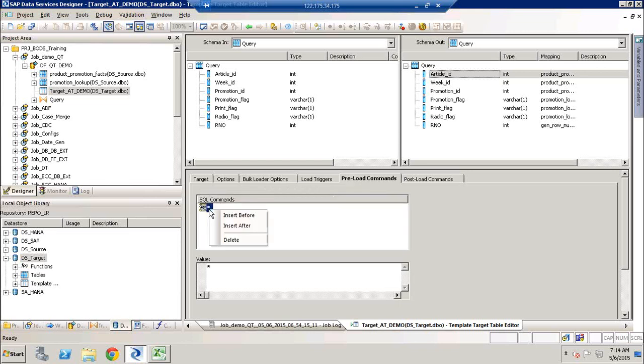Here if you select this one and say insert after, you'll get an SQL command line. You can just go and give the name here, and then you can enter the value here. What this will do is first run the options that you give in the preload command. When the data flow gets executed, the system will see if there are any options that you have given here, and it will check for that. Once it is there, it will execute this preload command, then pick the source and the target tables, and then utilize the transformation. So preload command is something like your start routine on SAP, where you will go and write a routine saying that